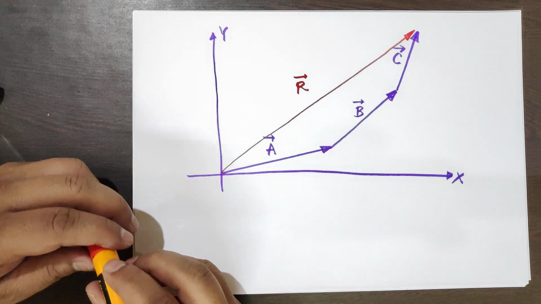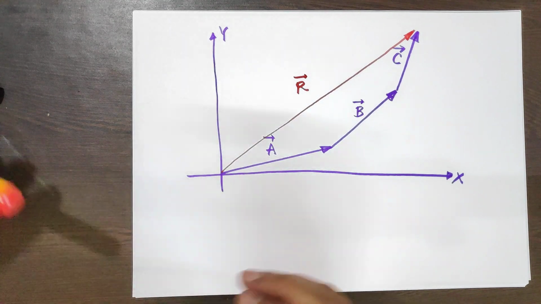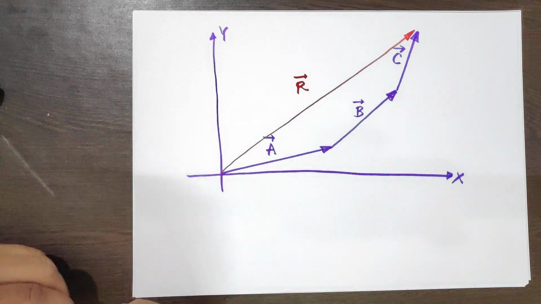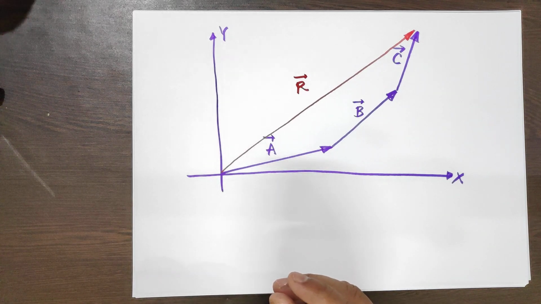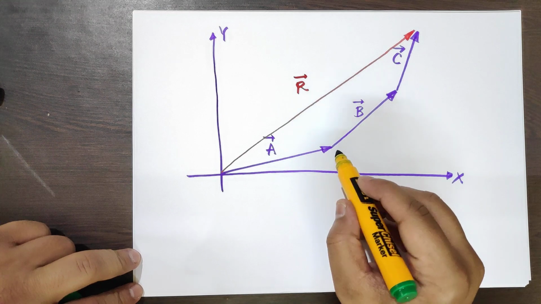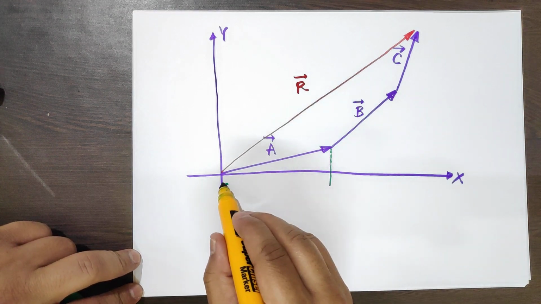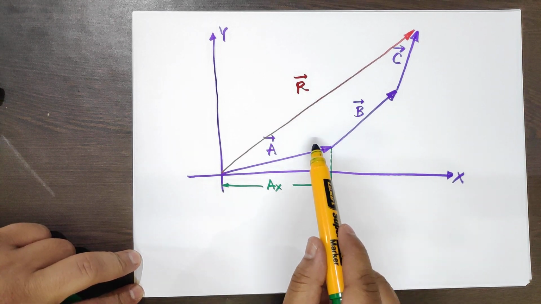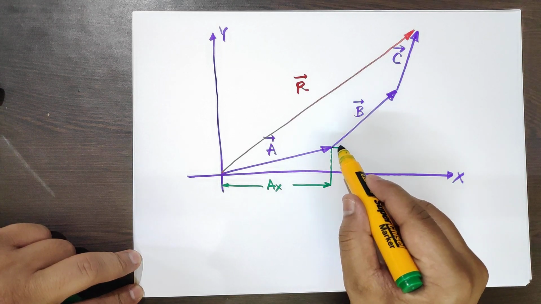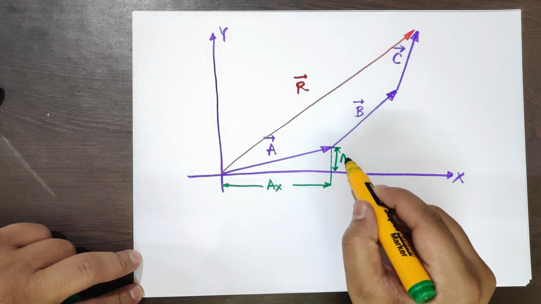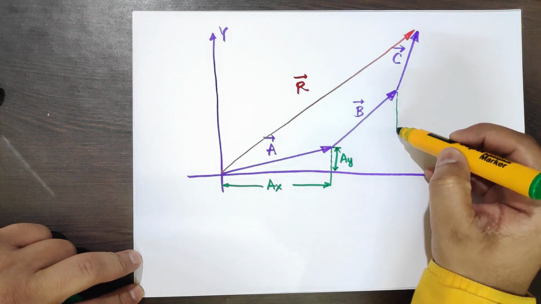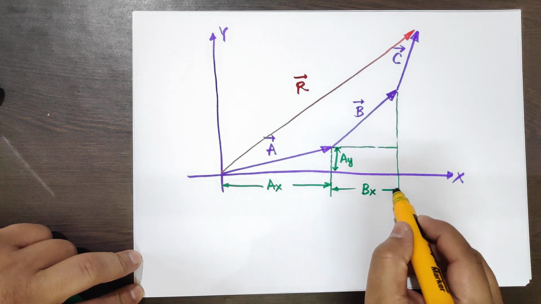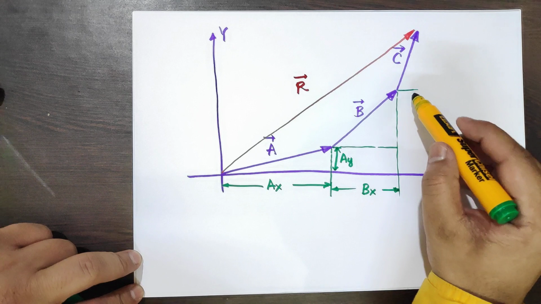That means let's find the components of the vectors A, B, C and R in the direction of x and y axis. Okay. So what is the x component of A? Ax, this one, Ax, and the y component of A, this projection, that's Ay, this length, and component of B on x axis, this is equal to Bx, and component of B on the y axis, that's By,